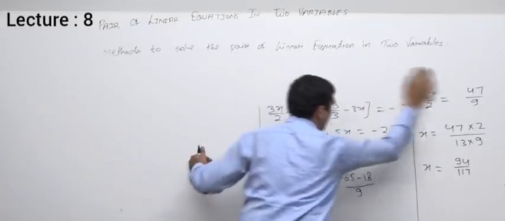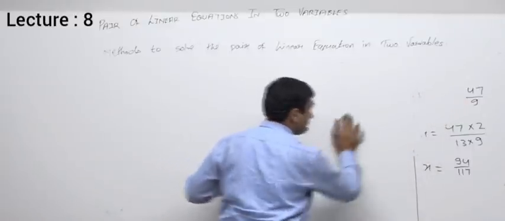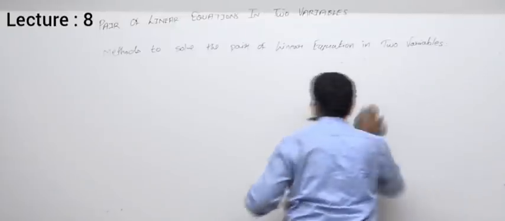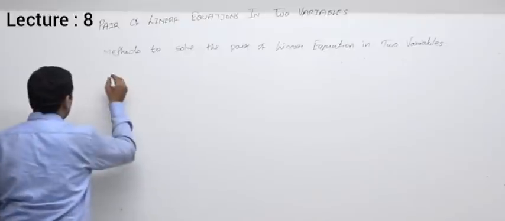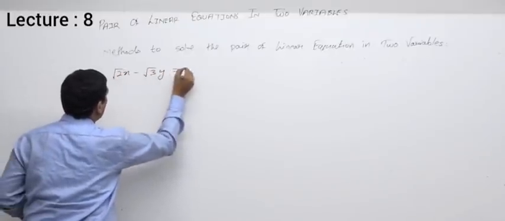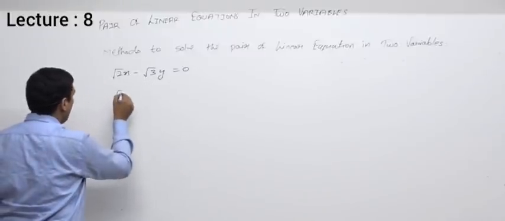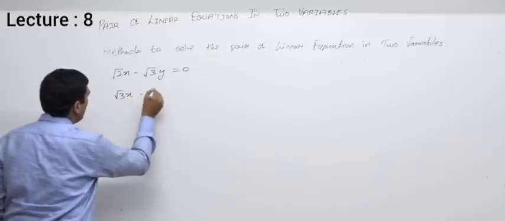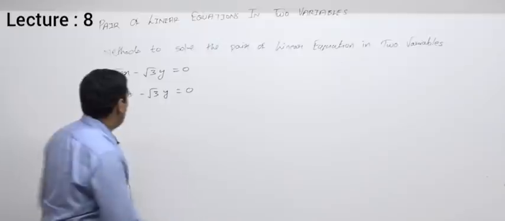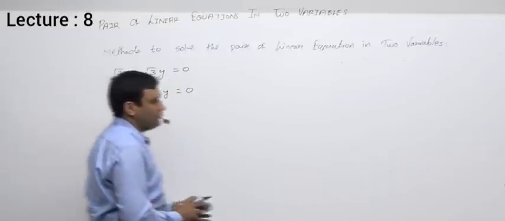So the first equation is root 2x minus root 3y is equal to 0. Root 2x minus root 3y is equal to 0. And the second equation is root 3x minus root 8y is equal to 0. Now